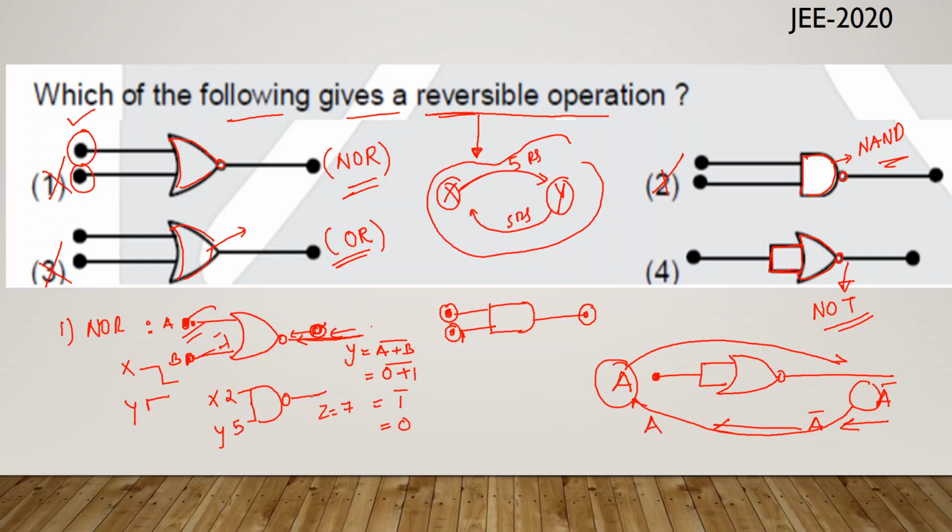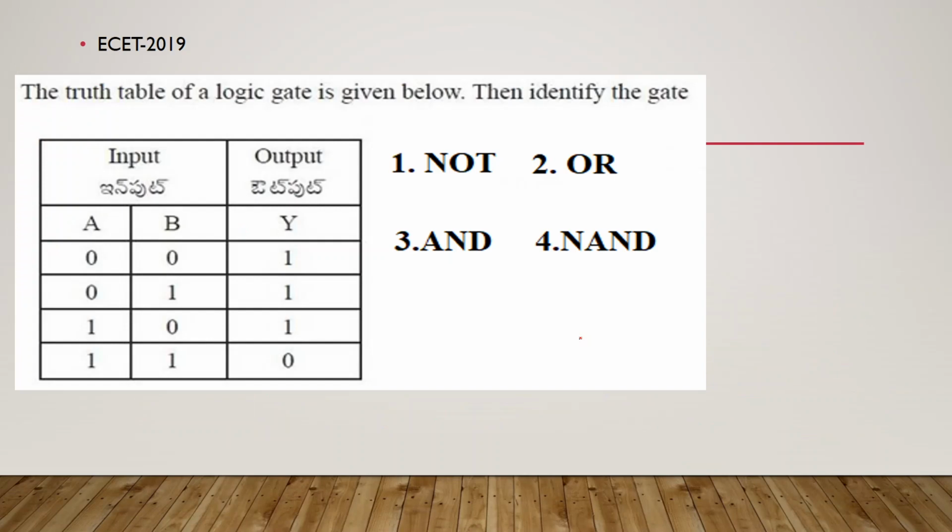Now is it possible that if Z is given 7 rupees, X is getting 7 rupees and Y is also getting 7 rupees? No, it is not possible. But if I consider this gate, if I have given 7 rupees here, it will be 7 rupees. Again I can give this 7 rupees to only one person, X person or Y person. I hope you understood this problem. This was a NEET JEE 2020 problem.